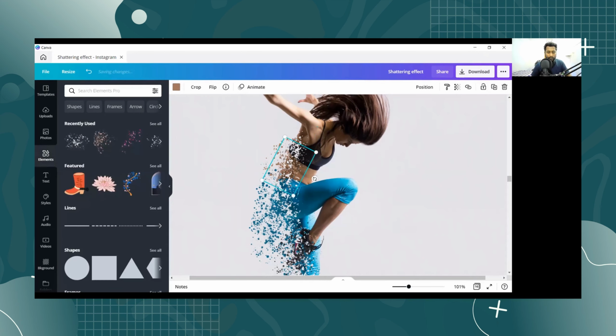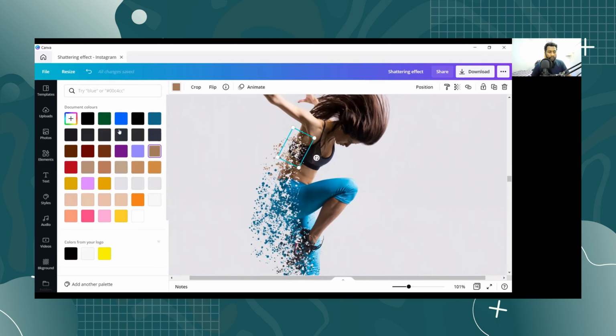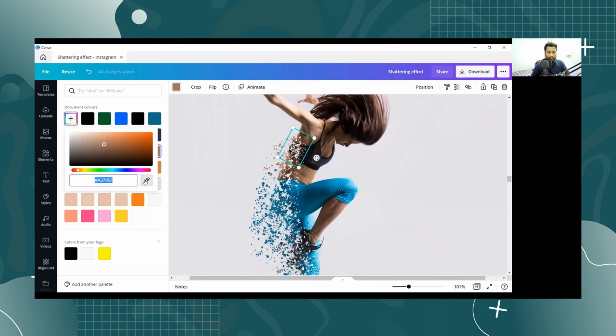And one more we'll add here and reduce its size. From the color picker we'll take this color from here, then duplicate.